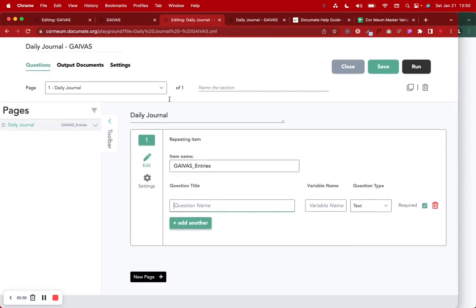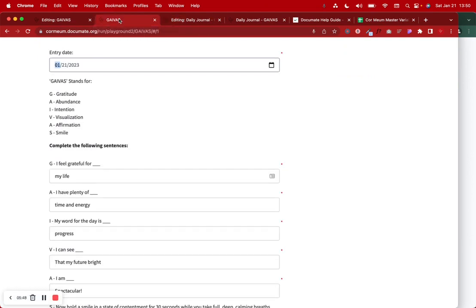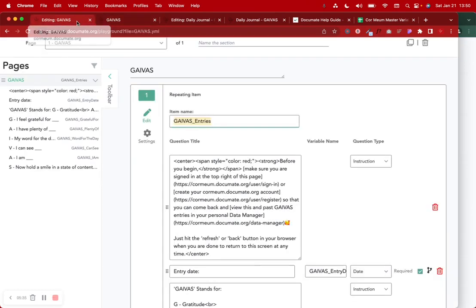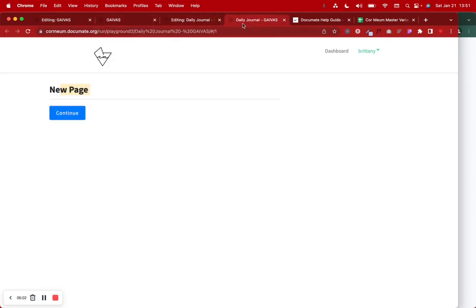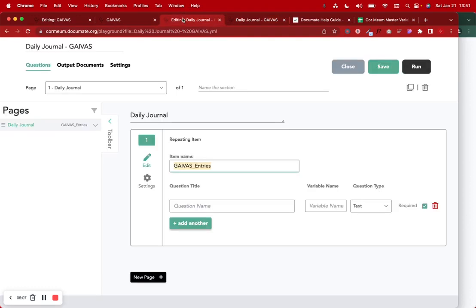And then for the question titles, this isn't going to show up anywhere. It's for us internally to be able to do stuff with. So for our questions, though, that would be what shows up here and here and here and here. So in our case, we want to have a date first for someone to be able to add a date. You can add instructions at the top if you wanted to. It depends on how you're going to have this be used. But in our case, let's say we're just going to have it to where